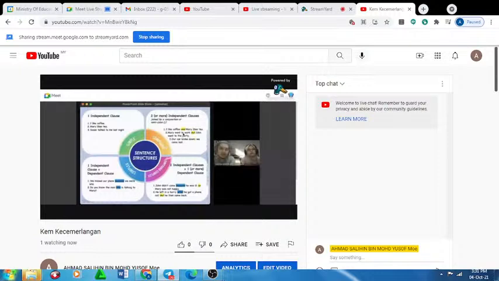Helps you to understand, right? Okay, so these are called the conjunctions, the linkers. Beza kita link dengan